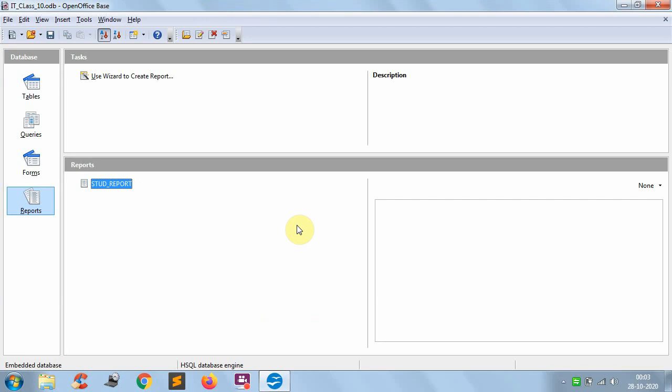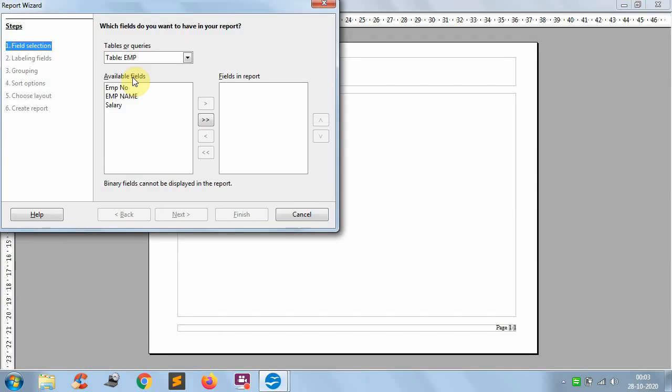Let us generate one more report with selected columns. So let us see. Just go to the reports, again use the wizard to create the report, and here select the table on which you want to create the report. I have selected the student table. Here I want to display the name of the student who registered and in which school he is studying. I want to include these two things only, I don't want to keep anything else.